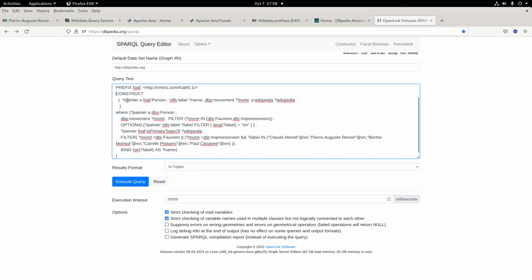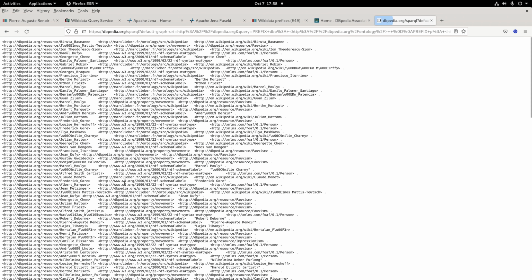And construct painter is a person, has a label, RDFS label name, is part of movement and has a Wikipedia address. So I want N-Triples, execute. That's it. This time I have my subject, predicate, object, subject, predicate, object structure as expected